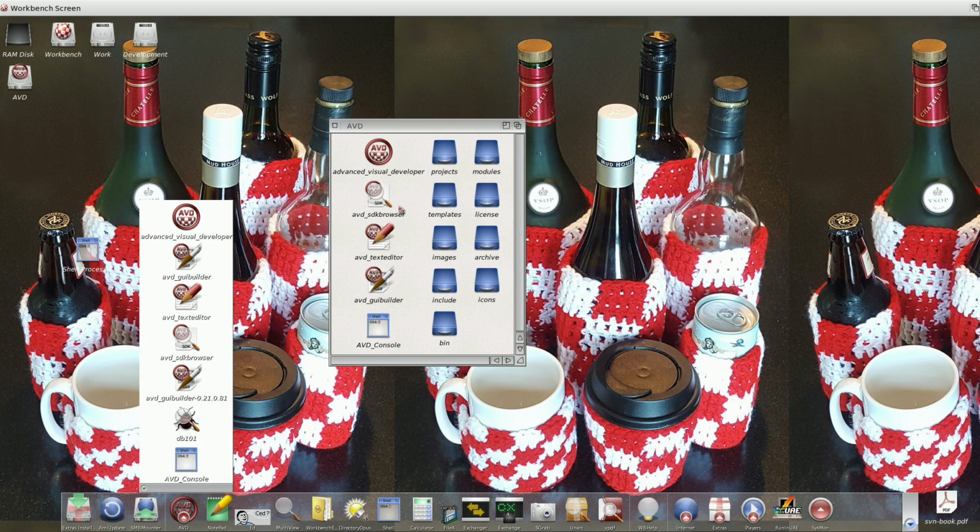I'm also doing integration with DB101 for actual debugging, because it's pretty much the best thing we've got right now on the platform. So I'm going to start out by demonstrating some of the features